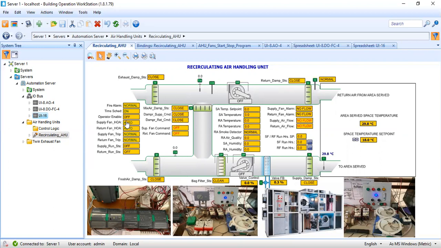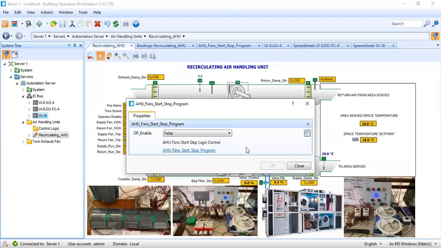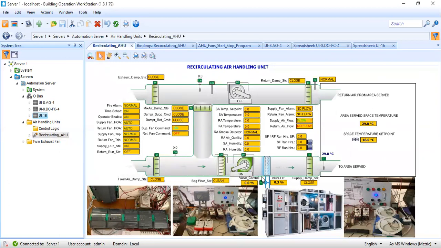Now, the operator enable is off, that's why my air handling unit is off. Let's say the operator will try to turn it on or enable it. As you can hear from the background, the contactor that drives this fan is energizing. After 10 seconds, this one will come in.